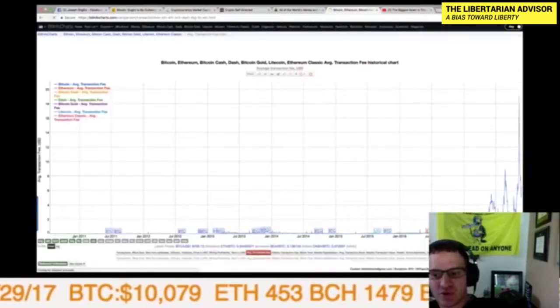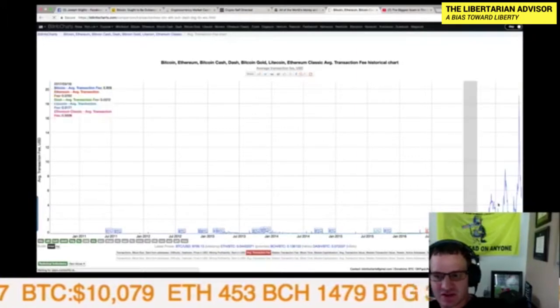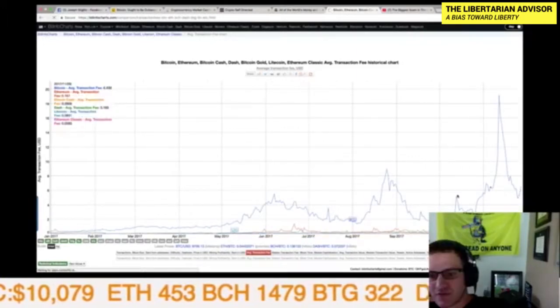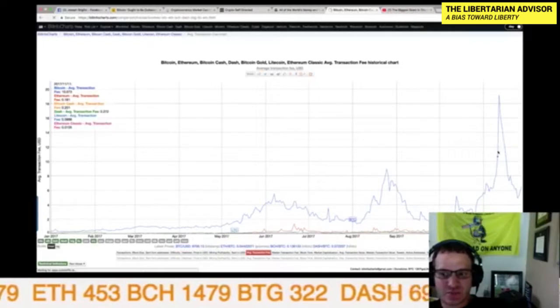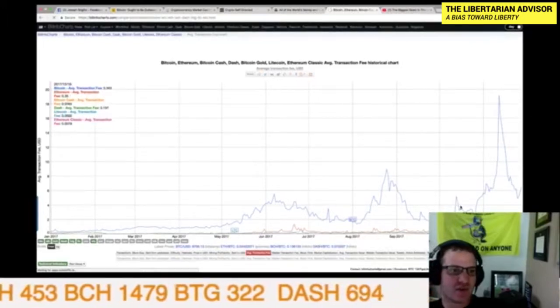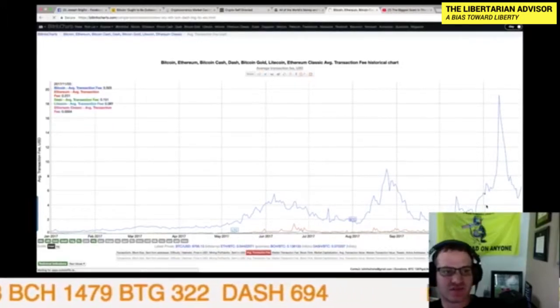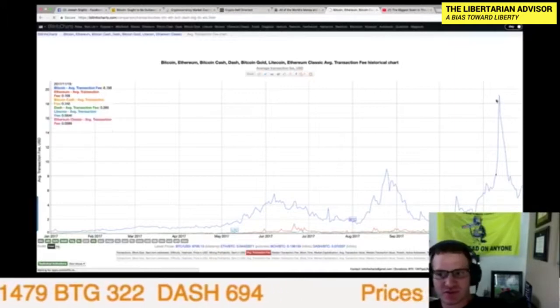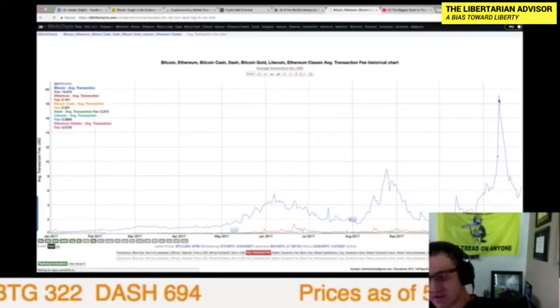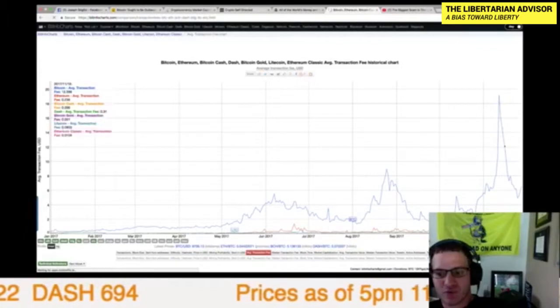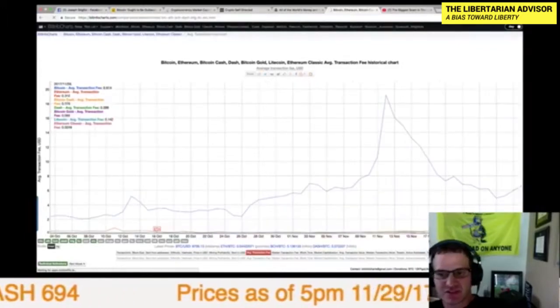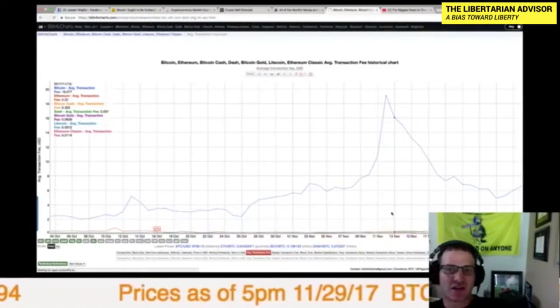So now that we add Bitcoin to the mix, and let me zoom in over here for you guys, Bitcoin is way higher than everything else. So Bitcoin, $4 transaction fees, $5 transaction fees. At one point, it was like $19, or I know people that paid up to $26 for a transaction fee before. And so that's why some of these other currencies are gaining strength, because Bitcoin is trying to position